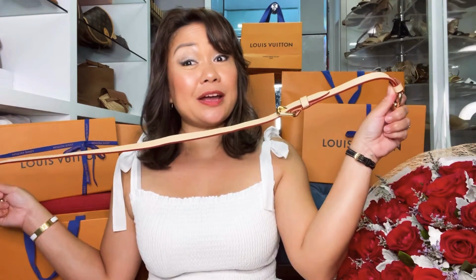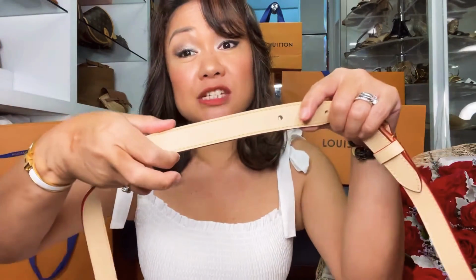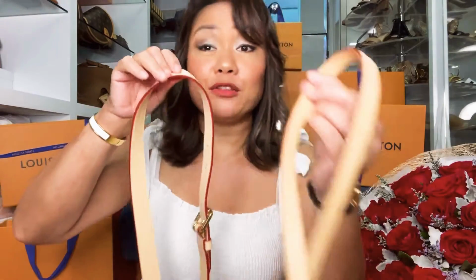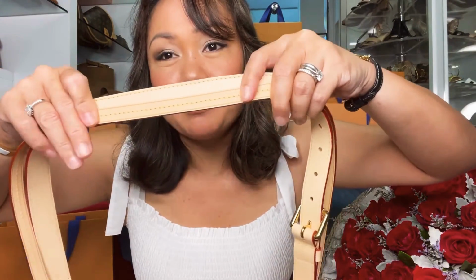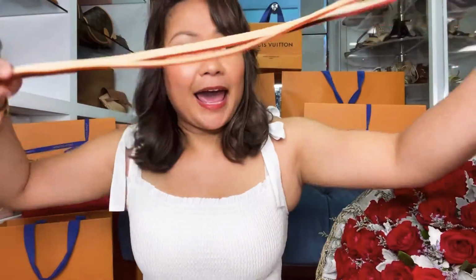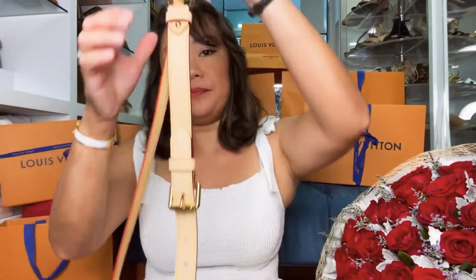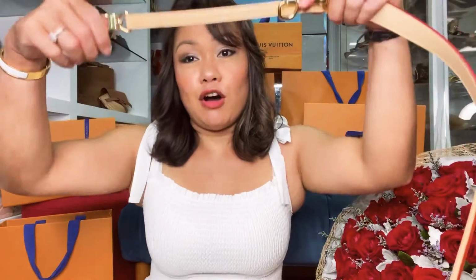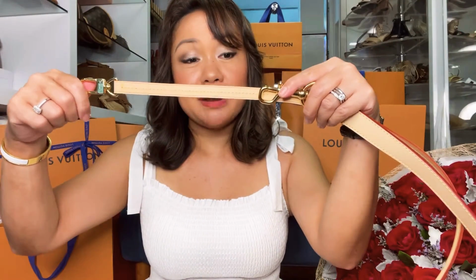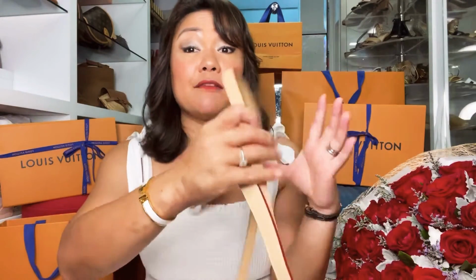So this is the perfect height that I really wanted for a strap, guys. And what I love about this strap is it's 1 inch here, so it's quite thick. So compared to the Croisette strap, guys, it's only half. Look at that. Yeah, and this is the longest length, and the height of the Croisette strap is really, really dramatically long, guys. Look at that. It's really, really long. So yeah, it's impractical. So I will show you the difference of